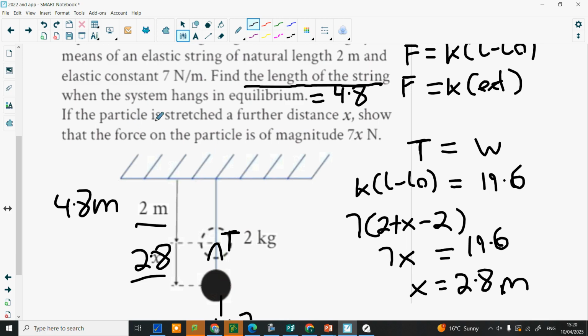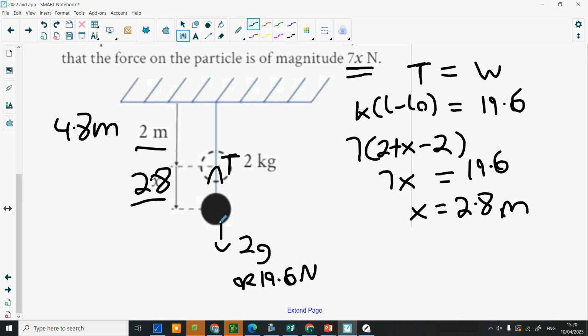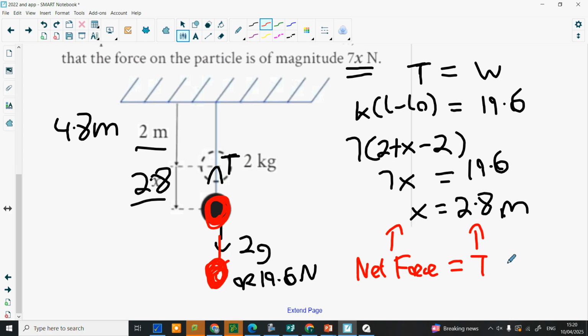Okay. The particle is then stretched a further distance x. Show that the force on the particle is of magnitude 7x over m. This is going to be interesting. What happens when we pull it further? When I grab it from its position here and I bring it down even further, what's bigger this time, up or down? Up is bigger, isn't it? So we all agree there's a net force, and the net force is upwards, and the net force is tension